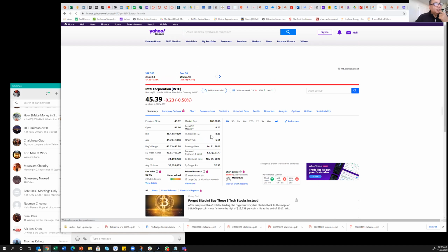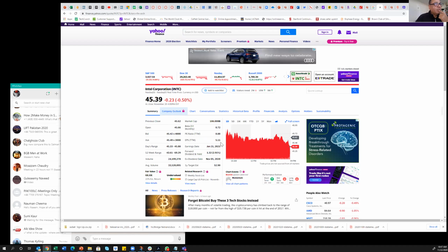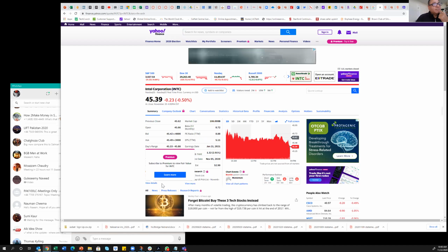Yeah, so the PE ratio is 8.88. It's $45 a share, and it's supposed to earn $5 per share. So you can notice here, it's very undervalued. Potential return 22%. So this will be the kind of company which you may be tempted to think is